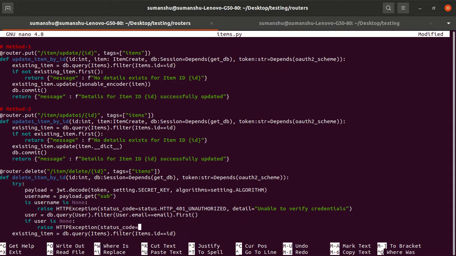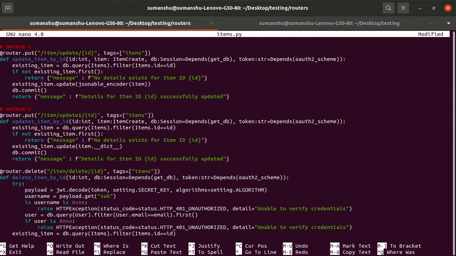Status code status dot HTTP underscore 401 unauthorized, and detail is equal to unable to verify credentials.